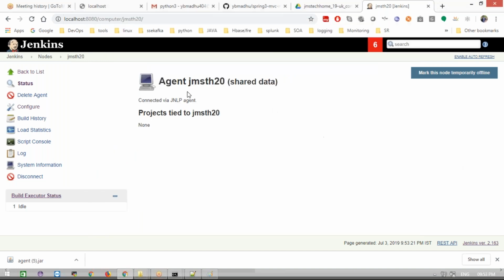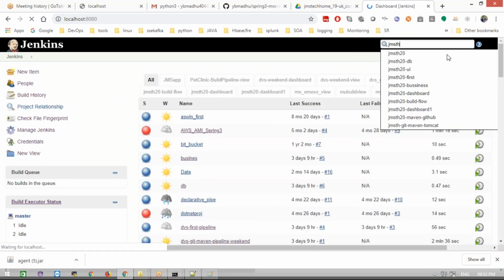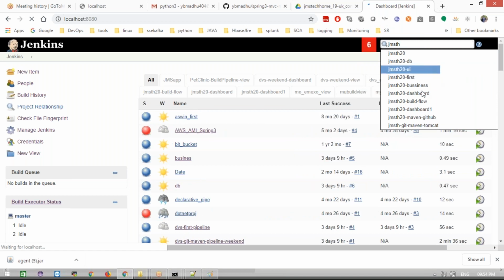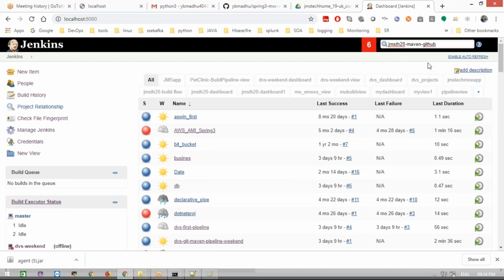Now what I will do, I'm going to use this setup with any one of the jobs. Go to Jenkins. Here I'm going to use JMSTH20, the Maven GitHub project.